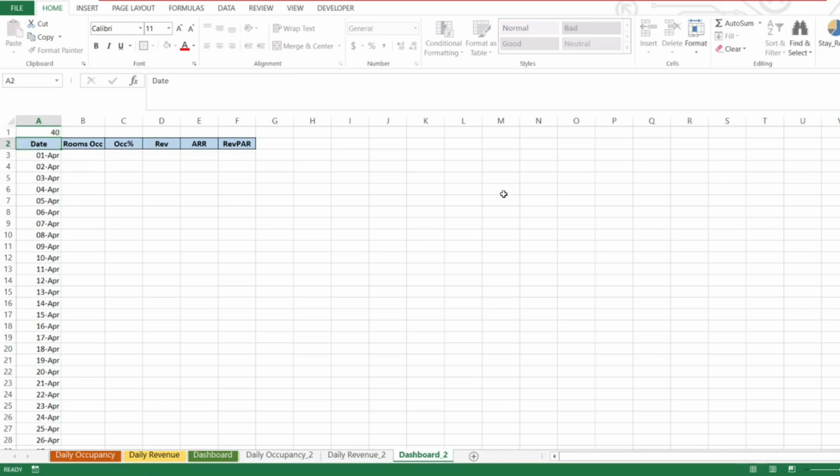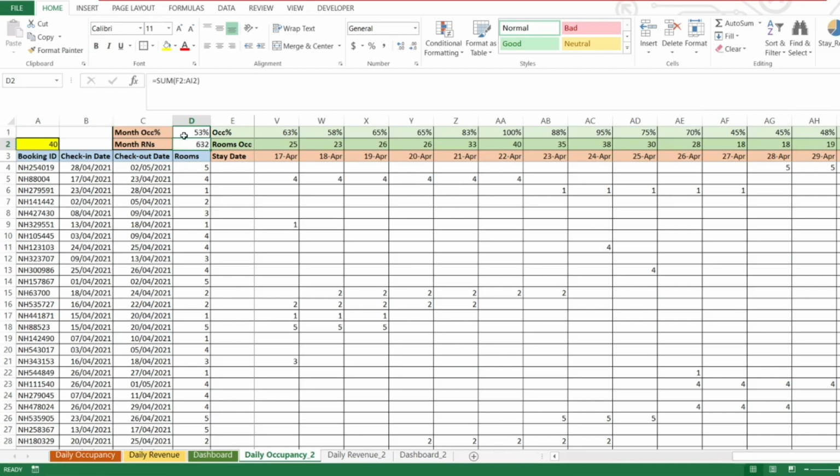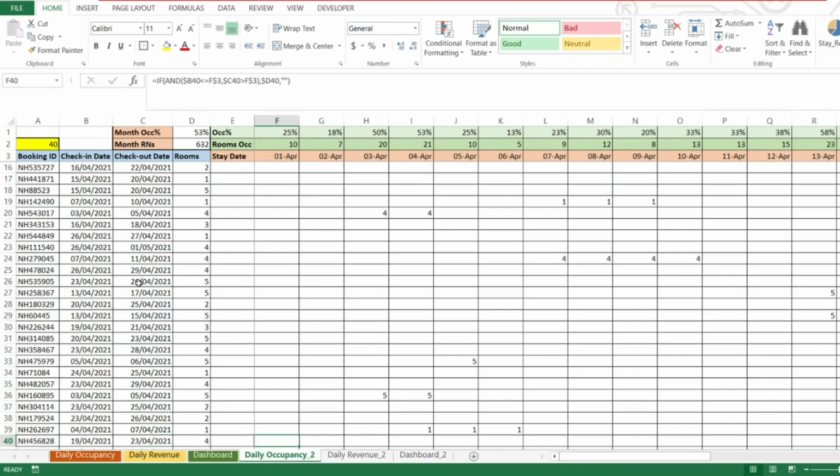I'll just type the number of rooms in this hotel over here, since we are assuming this particular hotel has 40 rooms. I'm just going to type 40 over here. Okay. So now, since the rooms occupied and the occupancy percentage, we have done the exercise and calculated over here, you just need that data to be as per the bookings data which you feed in this workbook, and the chart gets automatically updated over the range for which you are applying the formula.